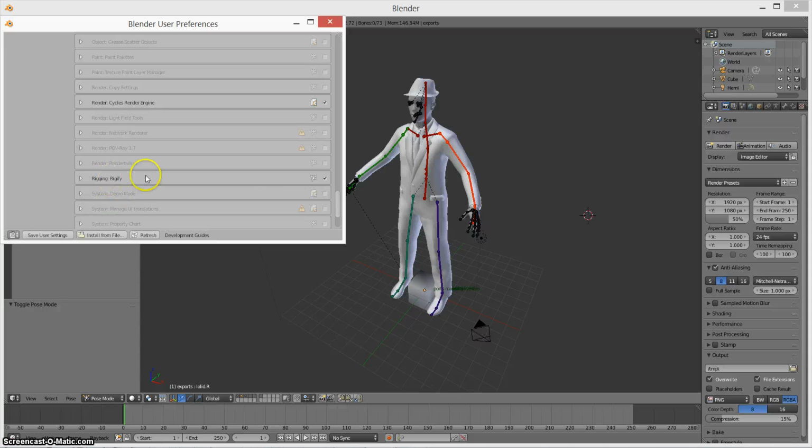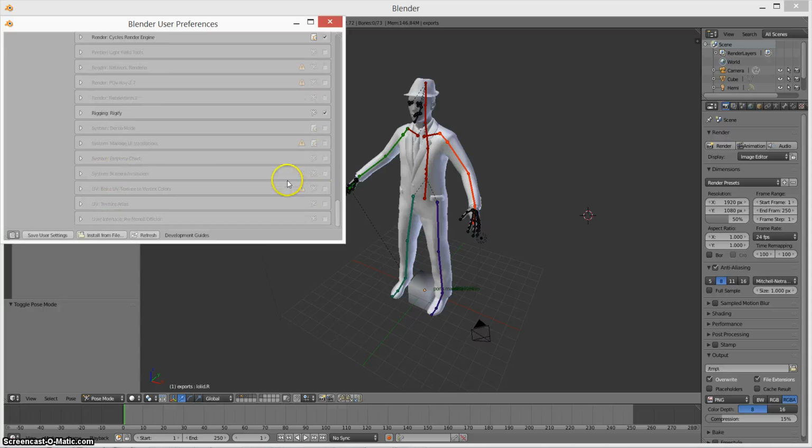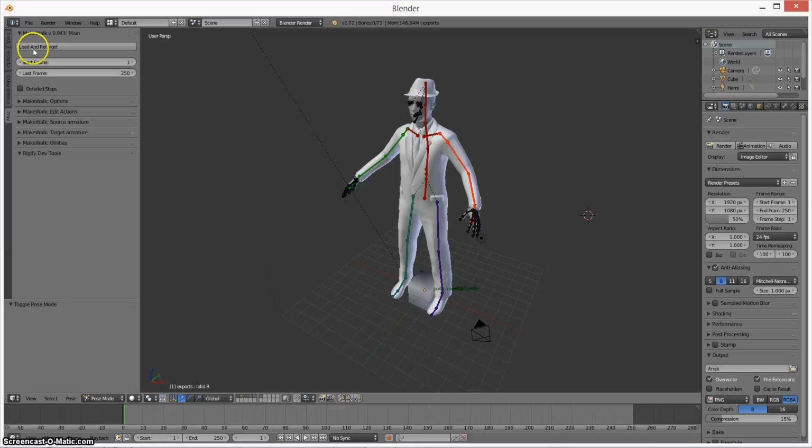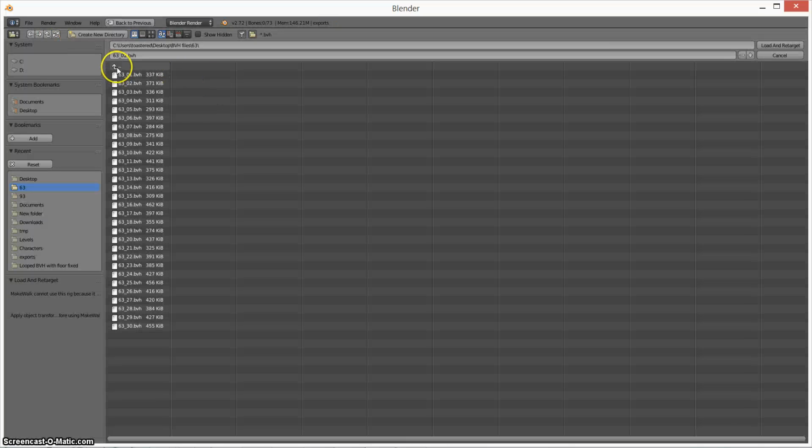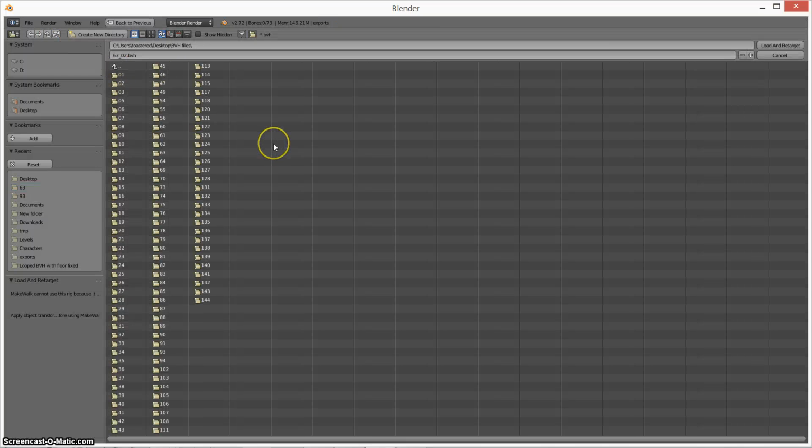Maybe you need this rigging, Rigify. I'm not sure if you do or not for this tutorial, but it's also a good add-on to have if you don't have it already. Anyway, with the skeleton selected, you'll go into pose mode, and once you have the make walk add-on, you can go down to the miscellaneous tab here, and if you click load and retarget, you can find what are called BVH files online, and that's basically motion capture data that people have made based on, you know, when you see